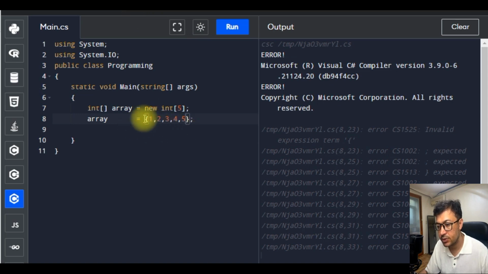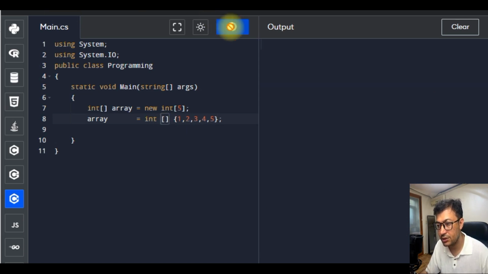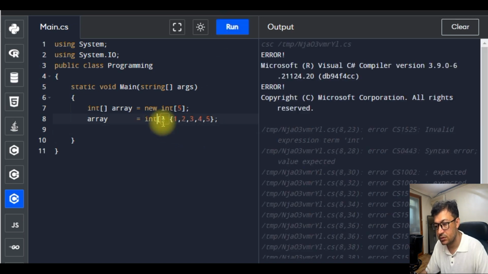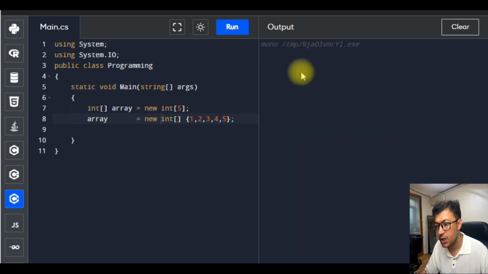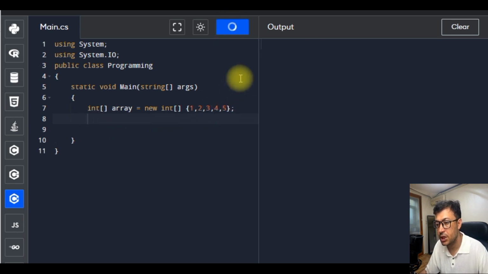So the array declaration procedure is that I have to write this thing whenever I have to initialize the array. Otherwise it will give me an error. I'll write new. Now there is no error. So I can write it like this as well. So the initialization and everything will take place within